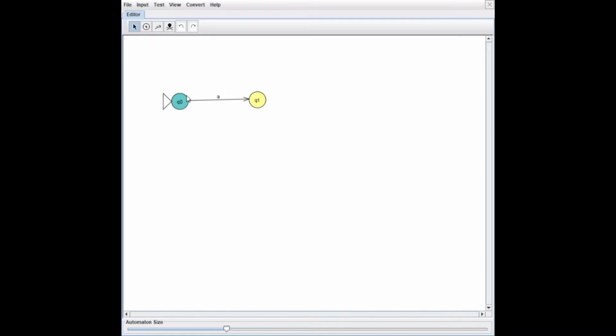So you can see the way you edit things is using tools. You make states by selecting the state tool, and then you make transitions using a different tool. And if you want to select, you use the arrow tool. I recently took a course at school that used this application extensively, and a lot of people ran into a lot of problems, both with it being sluggish to edit things and also being buggy and not having a lot of features we wanted. So now I'll share what I have so far.